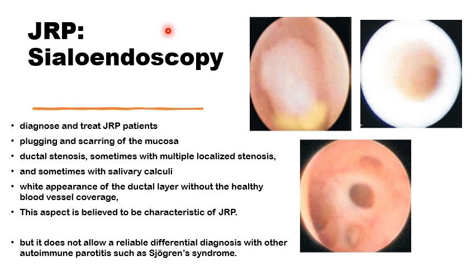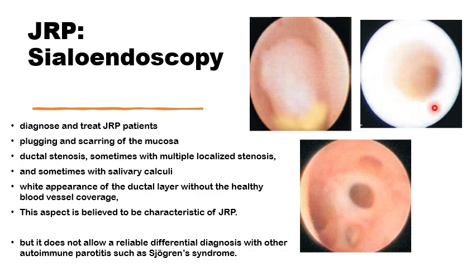Parotid sialoendoscopy is useful not only in confirming the diagnosis, but mainly for the management of the condition. It shows some features of the disease, including the dilatation of some segments of the distal ducts and localized stenosis due to fibrosis in some parts, with multiple stenosis in some parts of the dilated ducts. You can see mucus plugs inside the ducts and scar tissue in the mucosa, but the characteristic appearance would be